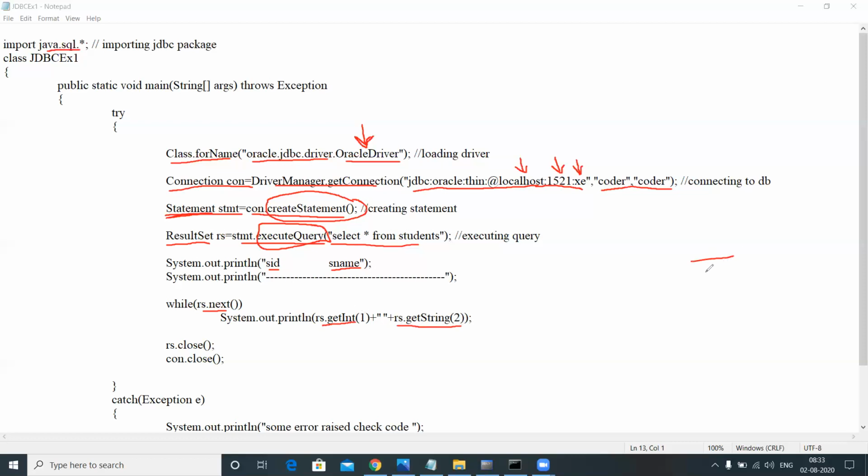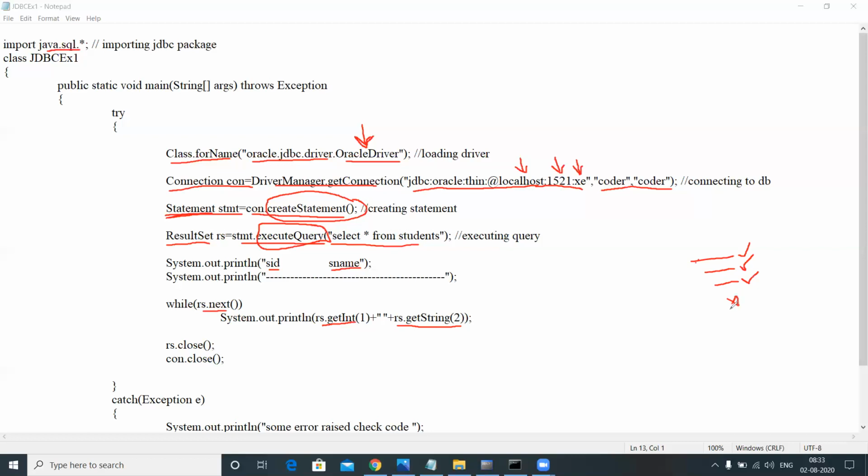We are having 3 rows like this. Now first, rs.next(), first row is present, right? The first row data, 2 columns data will be printed. And it goes to the next row, rs.next(), and it prints the second row 2 columns data, and third row 2 columns data, and at rs.next() there is no further rows, right?